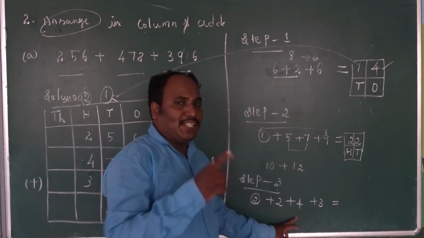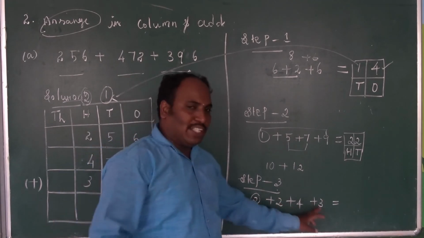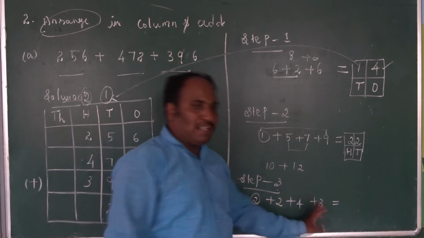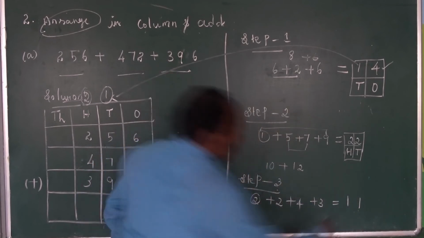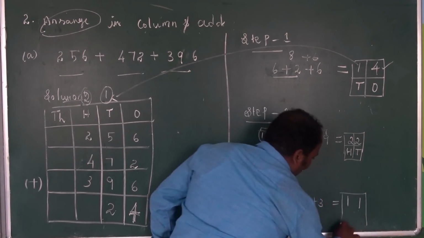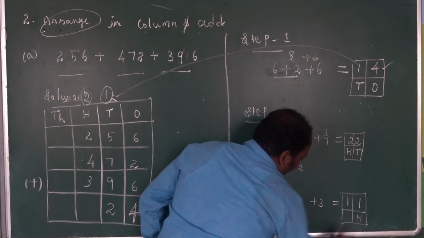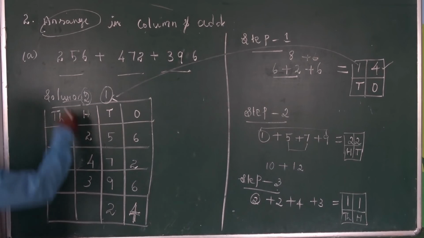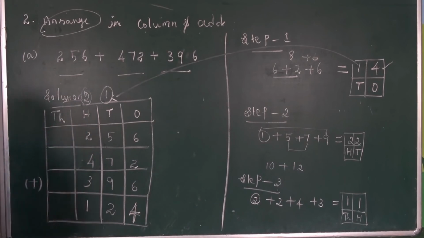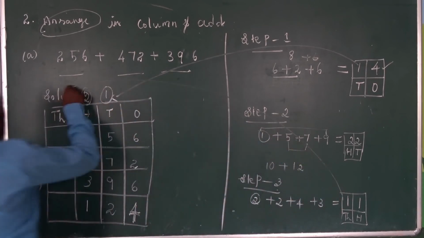2 plus 2 is equal to 4. 4 plus 4 is equal to 8. 8 plus 3 is equal to 11. These are all hundreds, so our answer is 11 hundreds. We take the place values 100 and 1000. Write 100 in the hundreds column, then 1000 carries over to the thousands place.